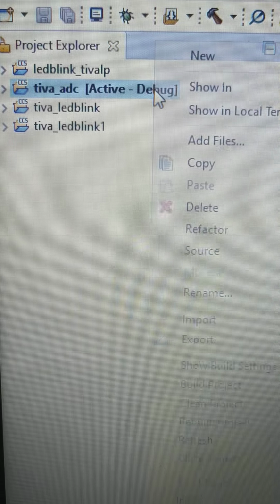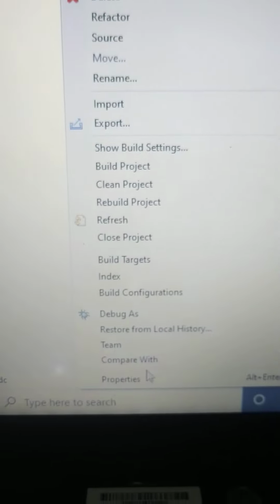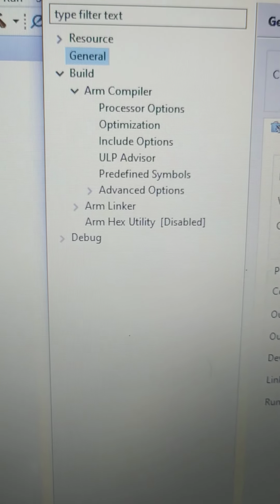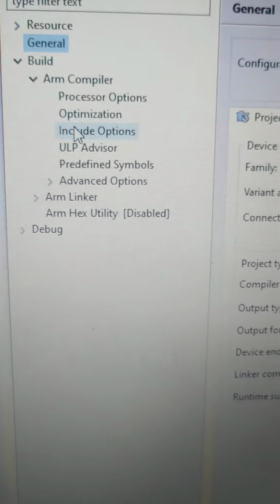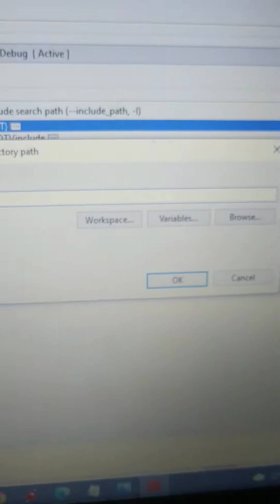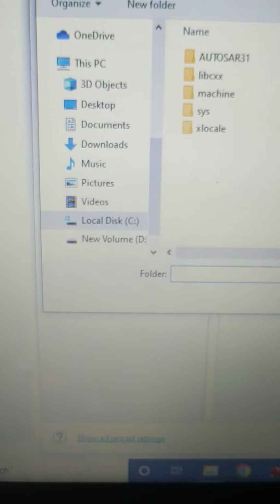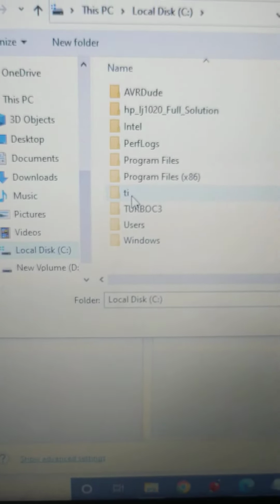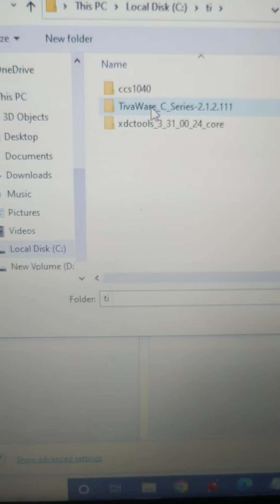Right click on this, go to Properties, then Include Options, add folder, go to Browse, and we'll add the folder for TivaWare C series.